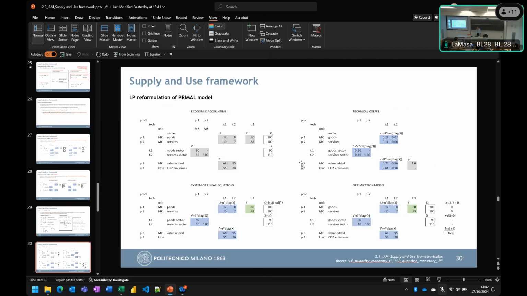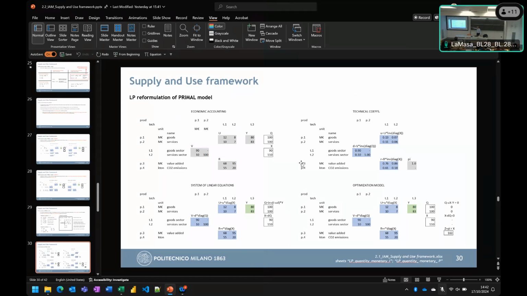That's fine. And this is something that you can find again in the Excel file that I told you. In WIDIP, I reformulate the very same problem in economic units, sector, products, into LP terms. So I redefine it as an optimization model. So you can check on the equations and understand how you can model in the very same way